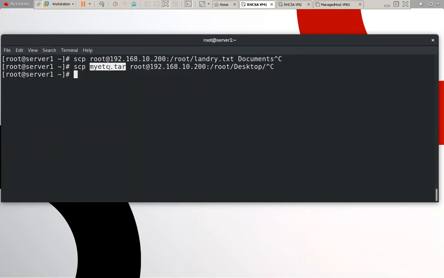This is my data that is in my local machine. This is my source, and we copy this file to this particular destination. So have you any doubt in the scp command?